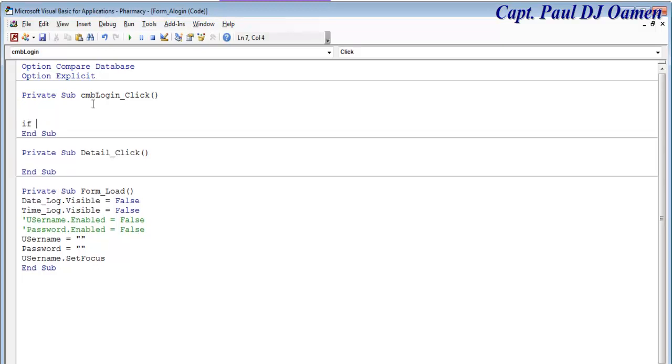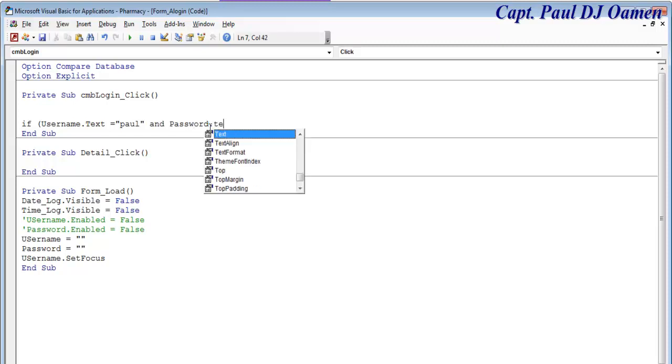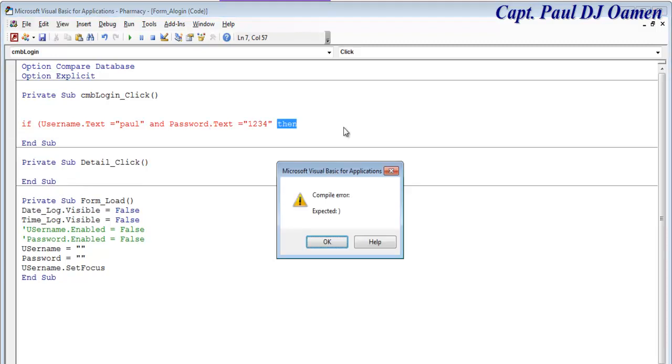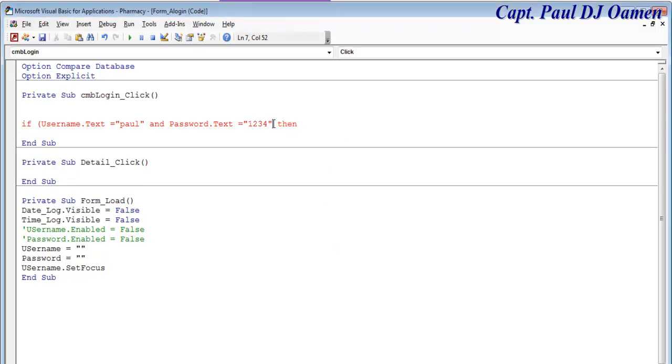If username.text equals, let's go for, and password.text equals 1234, then close that. Then